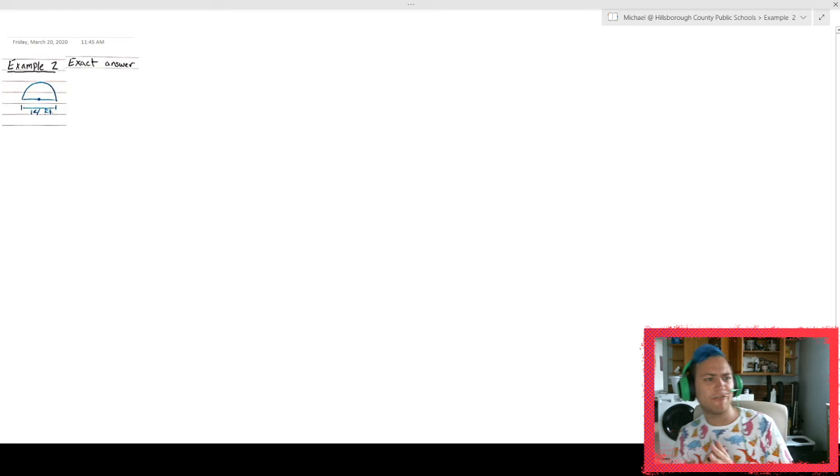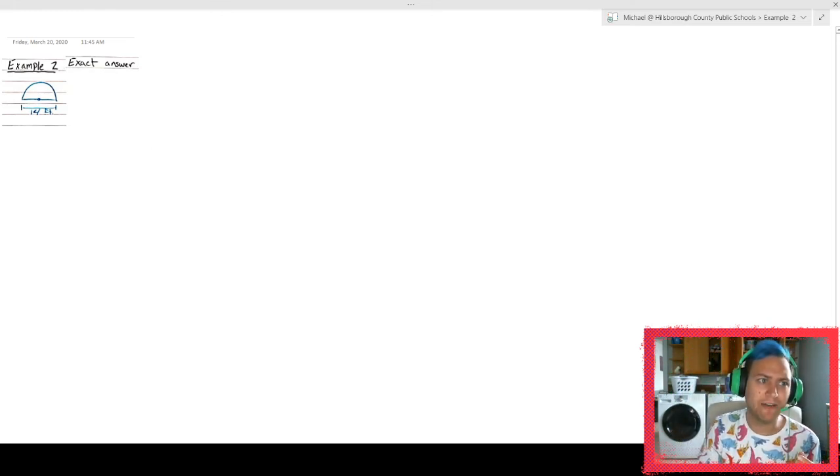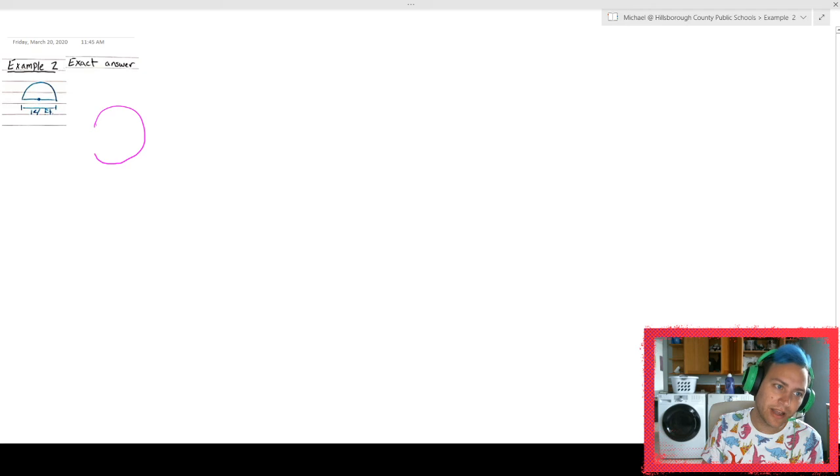And in this one, I have this little shape here that kind of is weird looking. Like, it doesn't look like any of our shapes that we have. And they want the exact answer. So you got to be careful that if they give you something like this, they're clearly looking at a circle, but they took that circle and they cut it in half and got rid of the bottom part, right? So if you got rid of that bottom part,